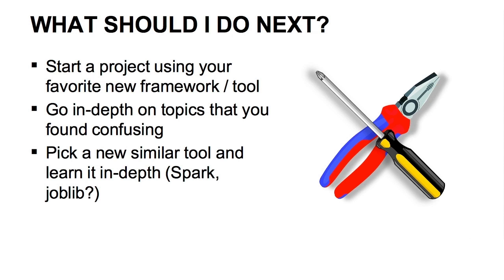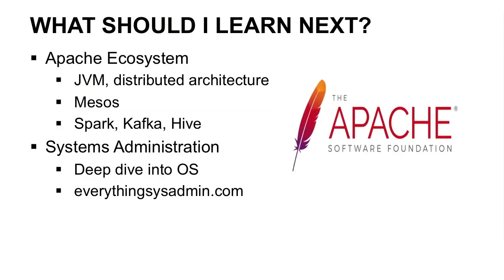You can also simply take the building blocks we've learned and apply them to something new, or cover something that we didn't have much time to cover. Speaking of Spark and other systems that you might want to learn, you can take time to learn more about Java and Apache integrations with Hadoop. There are tons of materials available for this, so focus on ones you find accessible and relevant. You can learn a bit more about the internals of these systems, including some reading on the Java Virtual Machine or JVM, or distributed system architecture. I would recommend taking a look at Hadoop and Yarn, but also things like Mesos, which is another way to run a Java distributed cluster. Alongside learning more about Apache Spark, I recommend learning Kafka, a streaming service for Apache, and Hive, a SQL service,